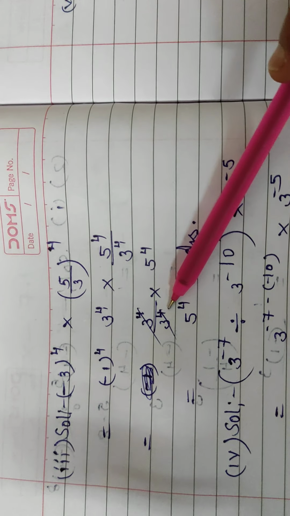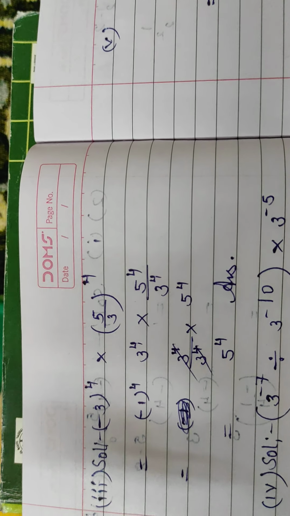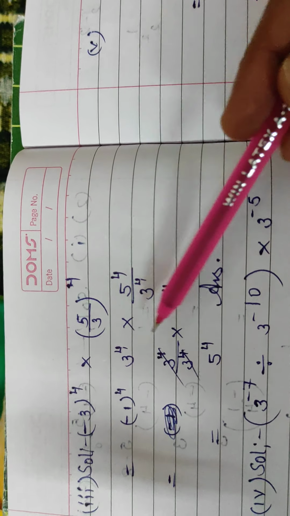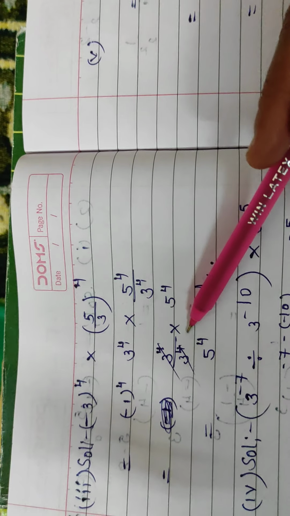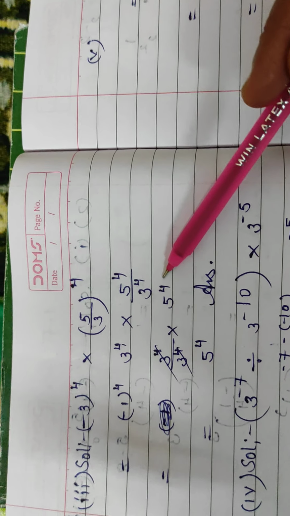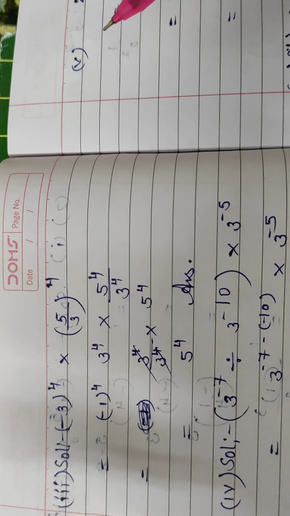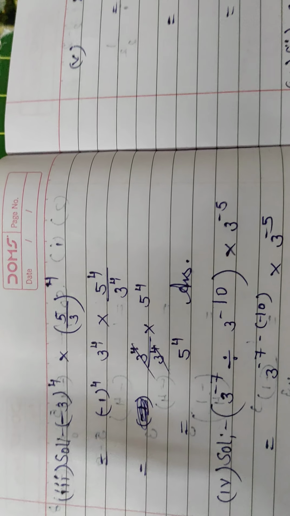3 upon 4 upon 3 upon 4. So you can see here a to the power m upon a to the power n will be 1 if m equal to n. So here both the numbers are same, the value will be, you can cancel also, or value will be 1, so no need to write 5 to the power 4. According to the answer table you can simplify 5 into 5 into 5 into 5. 4 times with multiplication, 5 5s are 25, 5 5s are 25 and 25 multiply by 5, 625 I think.